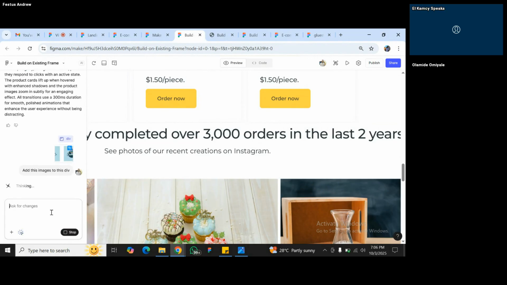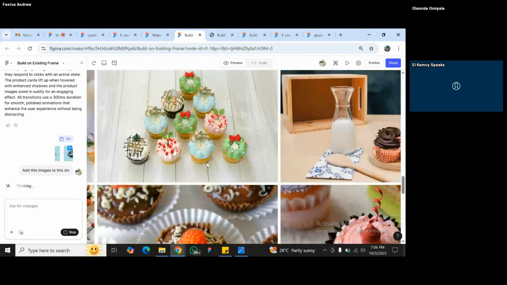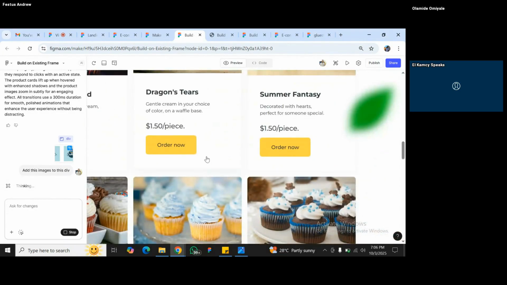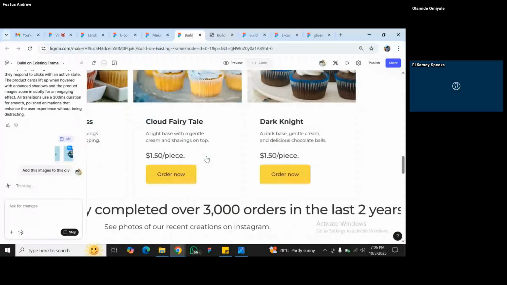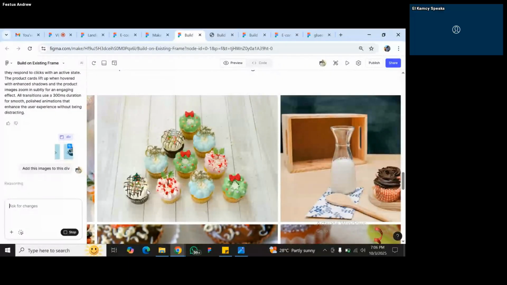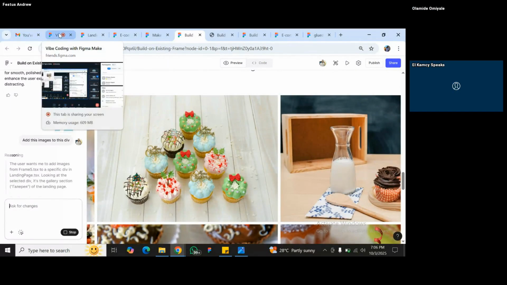So we are going to add the images to this particular div we've pointed at. Let's see how it goes. It's thinking, and basically this is how you do it. While we are waiting for it, we can still